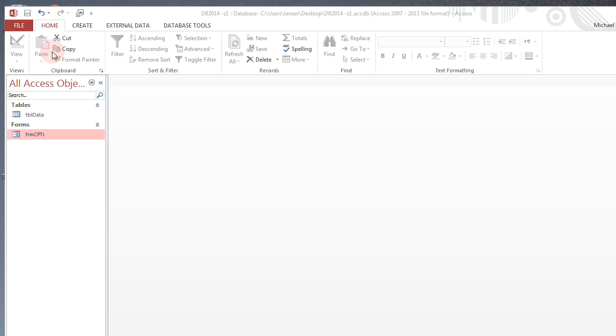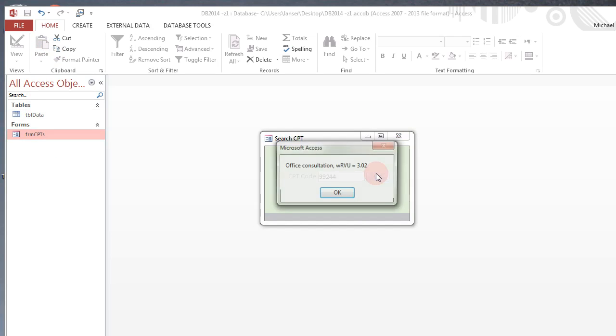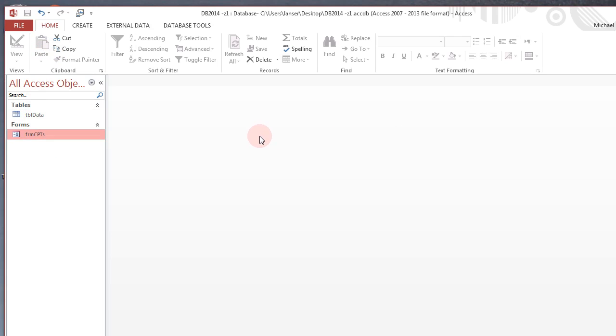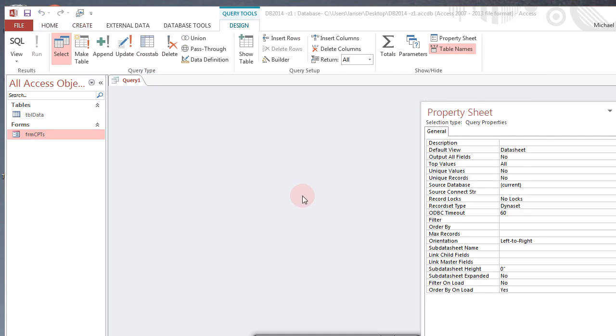For those who've been following along, in the last video we created a form called CPT Search, a pop-up form where you can place in a CPT code, click the Go button, and get a return that gives you the description, followed by the work RVU value, 3.02. In this video, we're going to pick up from there and create another type of form,